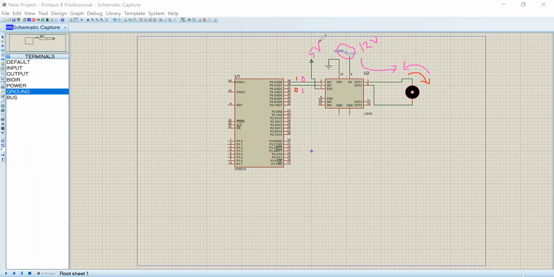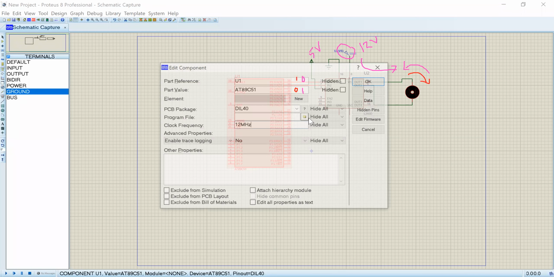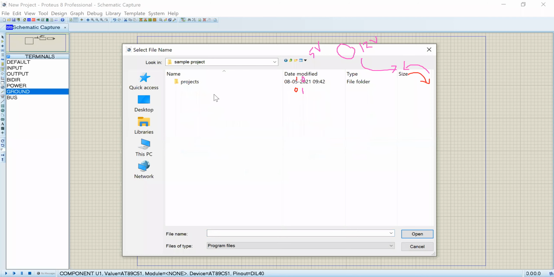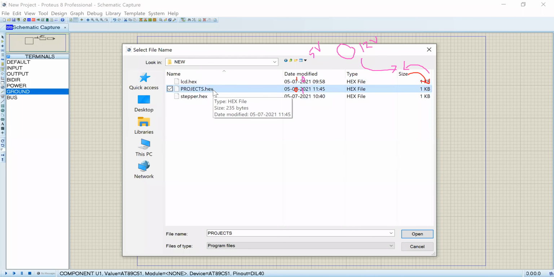Now we just link your controller with the project hex file. You have to know where your file is, otherwise it is very difficult.